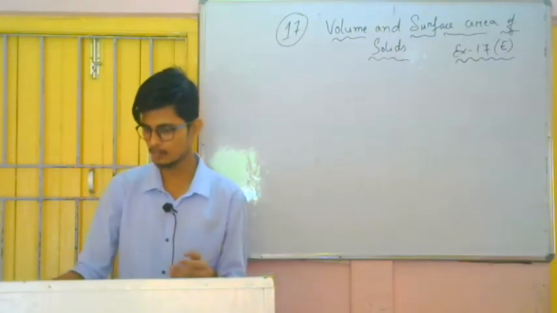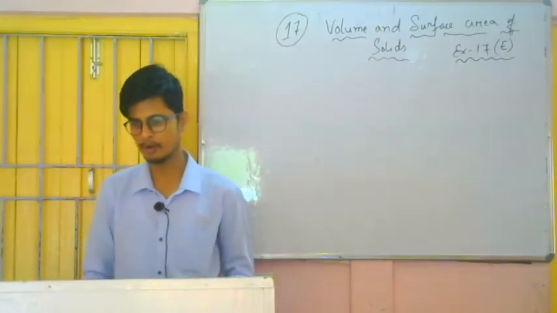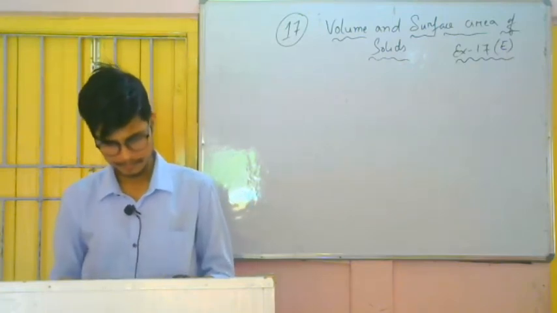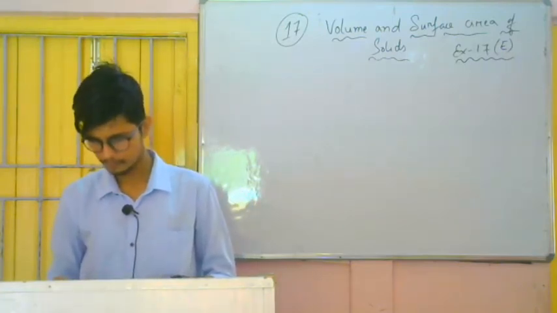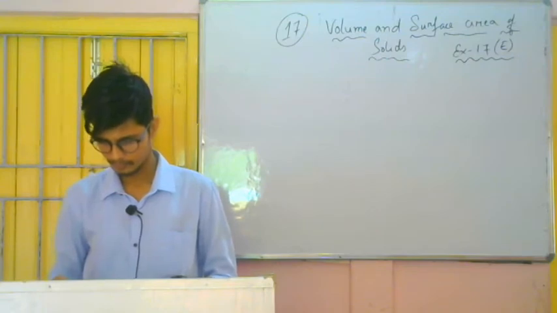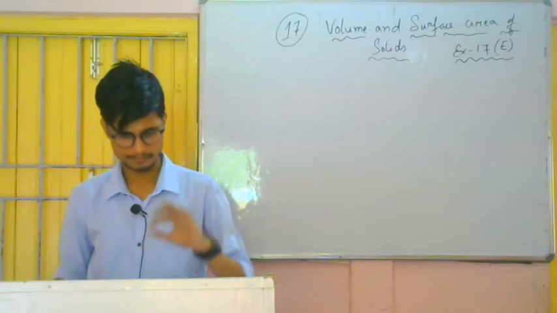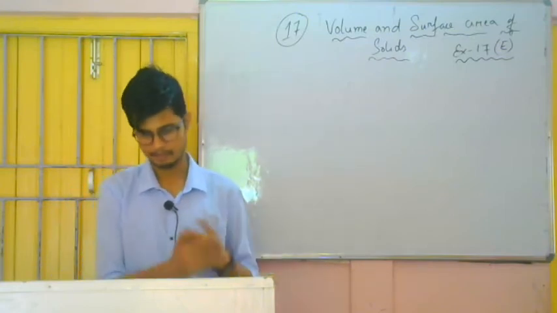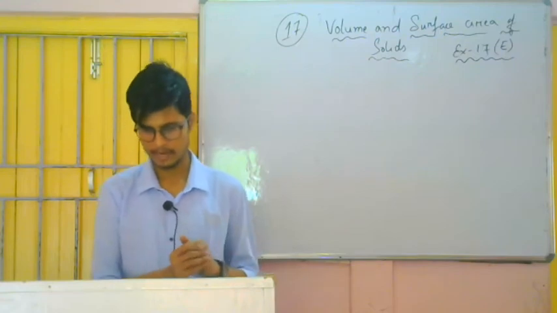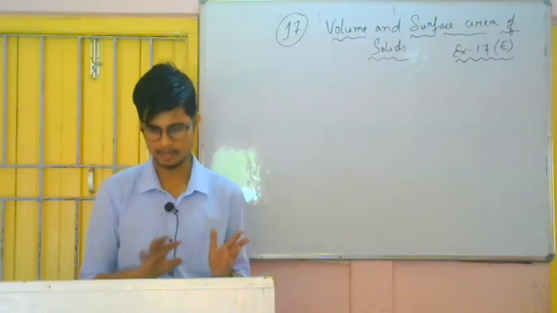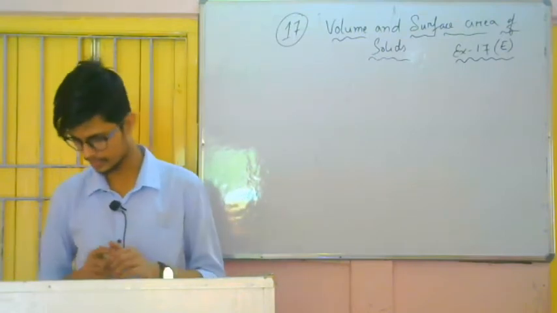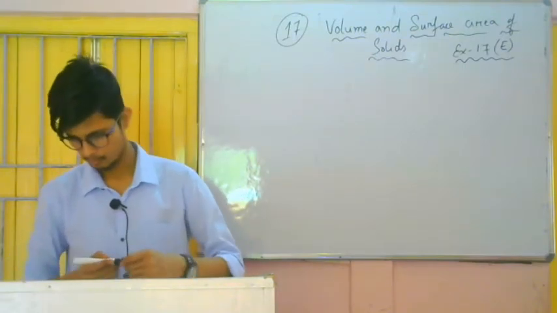So using these two, I can easily find the value of r. And if I find the value of r, from this value I can easily find the value of height. And if I get the value of height, radius also I will find, height also I will get. So I can easily find the volume of the cylinder. So first of all, let us find the radius. So one by one we will do.